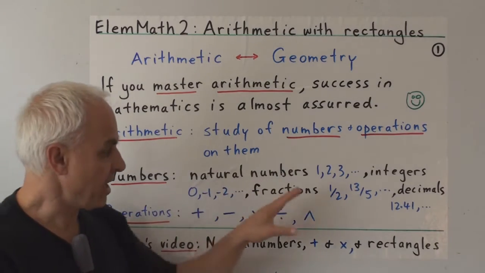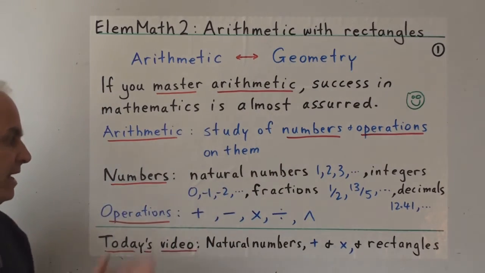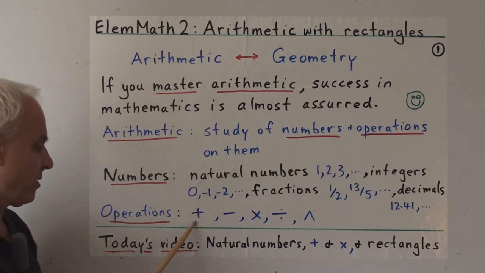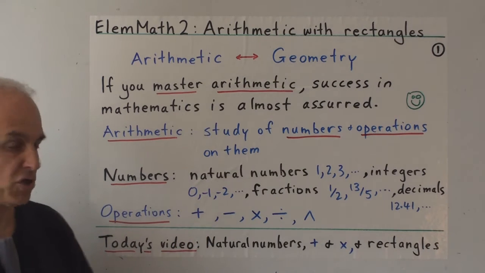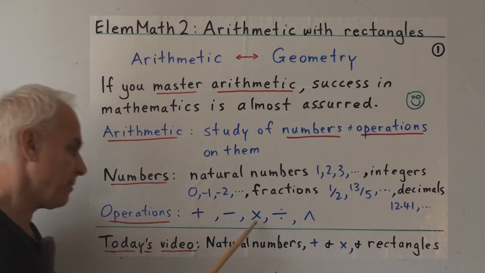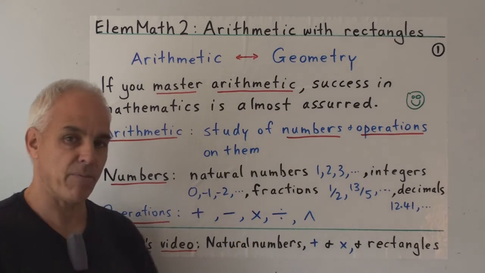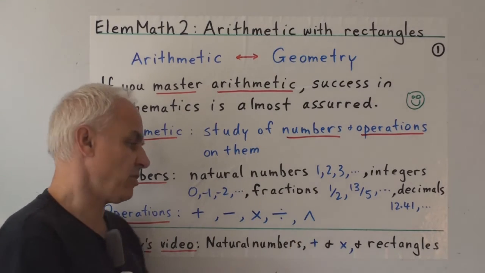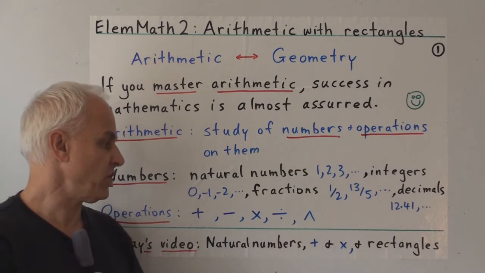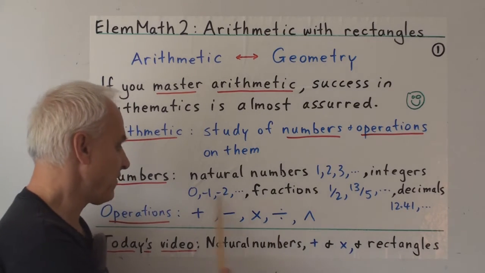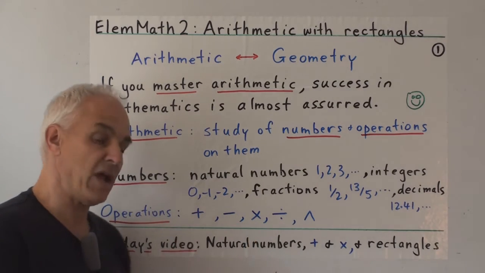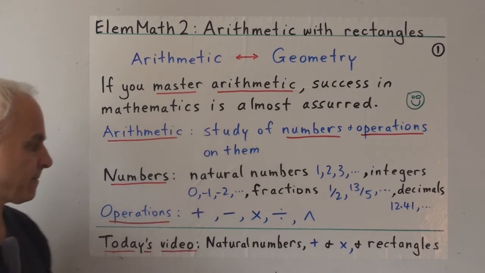So each of these is a kind of a little self-contained system, and each of them supports various operations. So the main operations in elementary mathematics are addition and the inverse operation of subtraction, multiplication, and its inverse operation of division. There's a secondary operation which also becomes important later on, exponentiation. But it's safe to say that these first four are the most fundamental, and it's probably safe to say that addition and multiplication are the two really crucial operations.